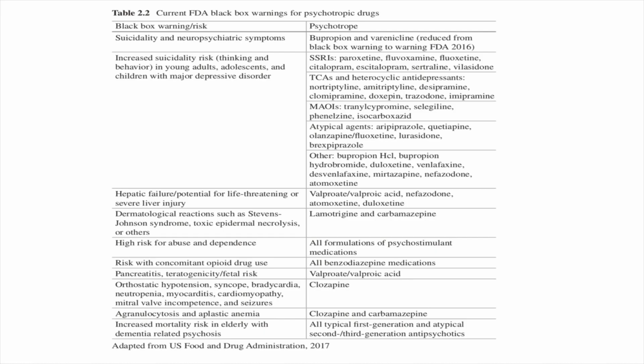Here is a chart. We talked about a lot of the adverse drug reactions for psychotropic drugs, and this is a chart that gives the boxed warnings of psychotropic drugs. A boxed warning is what the FDA recommends as a potentially life-threatening, extreme adverse effect that's been associated with a medication. So this is a table that shows the drugs that have the box warning and what the box warning is. And we talked about some of these.